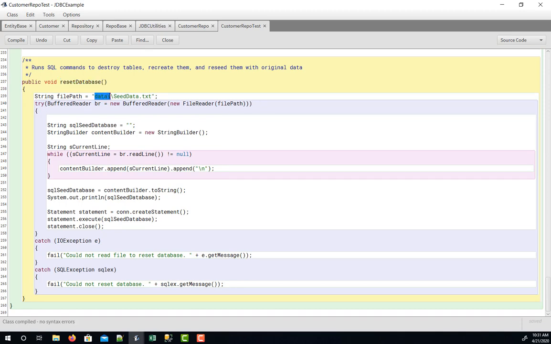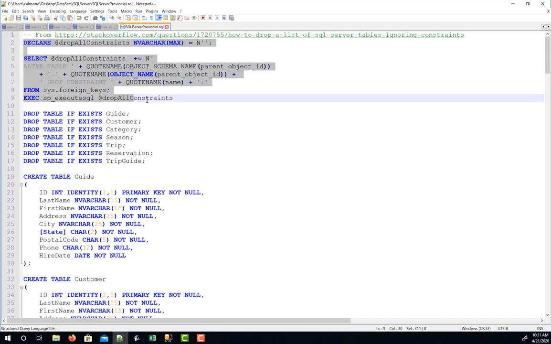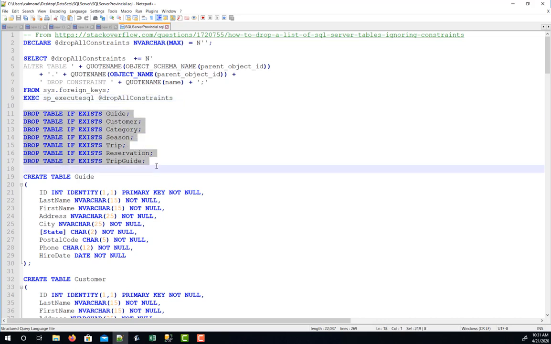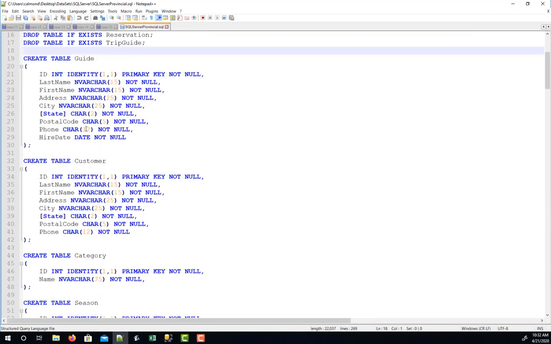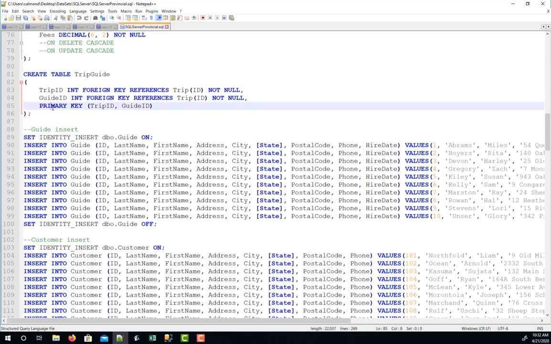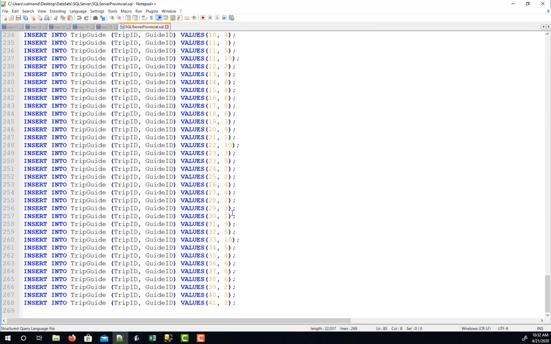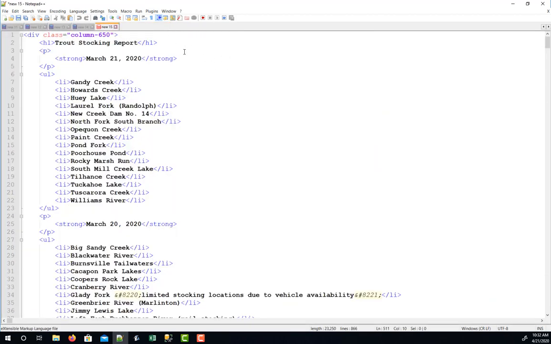So in BlueJ, I've made a subfolder data, and I've created a file seeddata.txt. And seeddata.txt is this file. And so what it will do is it will remove all of the constraints from the database. It will drop the tables if they exist, and then it will create all of the tables. And then after it creates all the tables, it will insert the data with the given ID that we've already preset. And so it inserts all of the data into the database every single time,